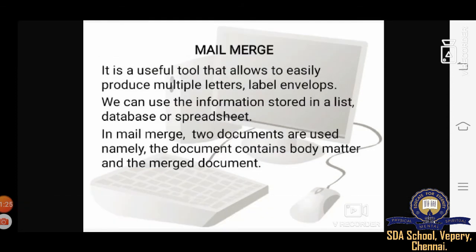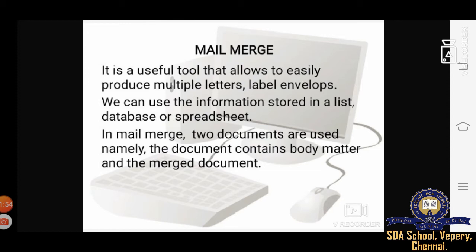Next we are going to study Mail Merge. It is a very useful tool for all of us that allows us to easily produce multiple letters, like labels, envelopes, etc. We can use the information stored in a list, database, or spreadsheet.